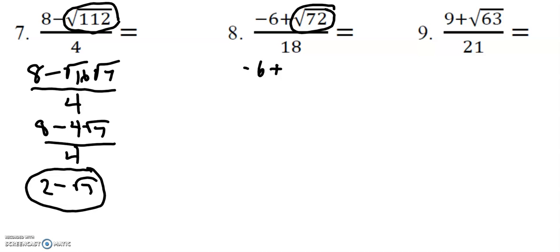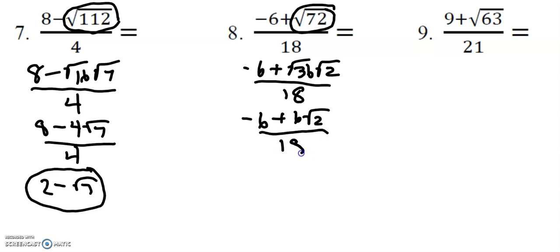No, it's not. Actually, what goes into that is going to be 36. So it'll be root 36 times 2, and that'll be over 18. And then I will simplify this. So negative 6 plus 6 root 2